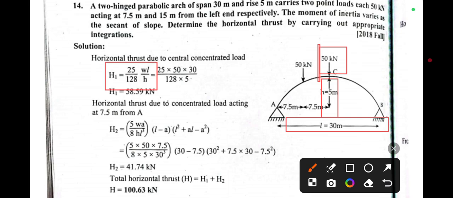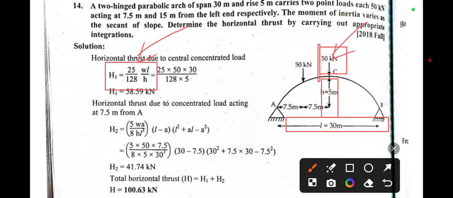Due to this concentrated load, we have the formula H equal to 25 upon 128 WL upon h. Okay, so we have all the formulas, and we have to just put these values in this given equation. So this is 25 by 128,